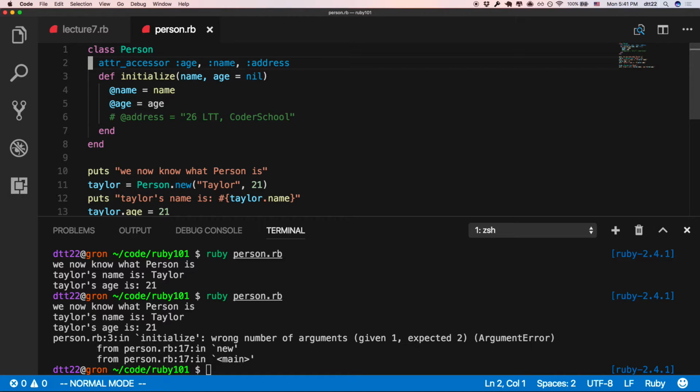So if you have new here, it's 1 argument, right? So try to run it. Let's see what happens when you run it. Okay. It says wrong number of arguments, right? No problem. It looks at line 4. It says name and age. It means it expects 2 arguments. But given 1, it means when you call the method, you only give it 1. Where did you give it 1? Go to line 12. And in line 12 here you have only 1 name. Right. So it will work if you say 21 like this,